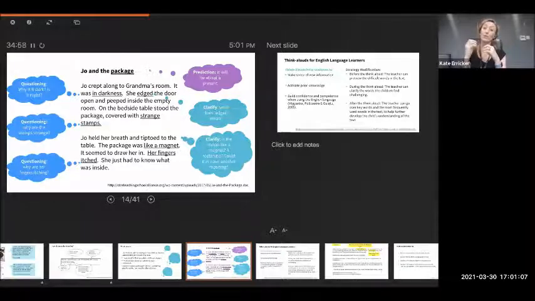Or is there a reason why? Because this is another bit of metaphorical language. This is figurative. Why are her fingers itching? And we need to unpick that as well. But me making this visible, me saying these are the questions I ask in my head when I'm reading this